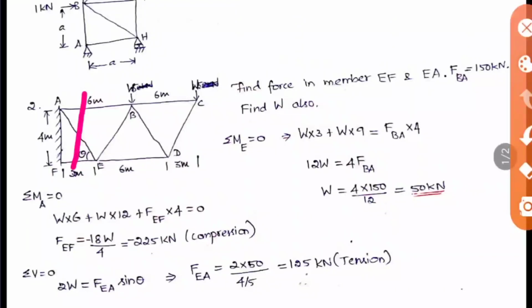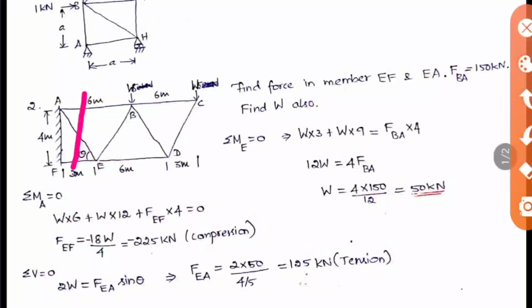Okay, so why am I going directly to moment here? If you take vertical reactions or horizontal reactions, it is difficult here. Horizontal reaction may be easy, I think, but when you take vertical, you see here W is also unknown for us. When you split this AE, that inclined member, in vertical, that will also be unknown, so it will be difficult for us to find. Okay, so first, as there are so many unknowns here, we can take the moment at any point.